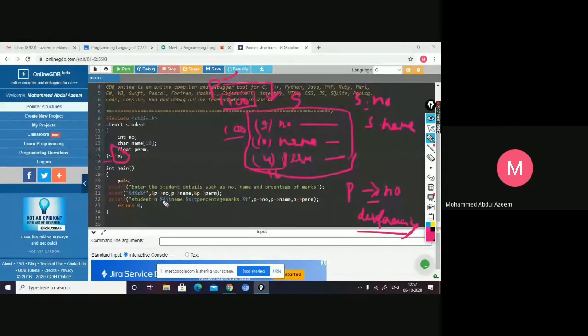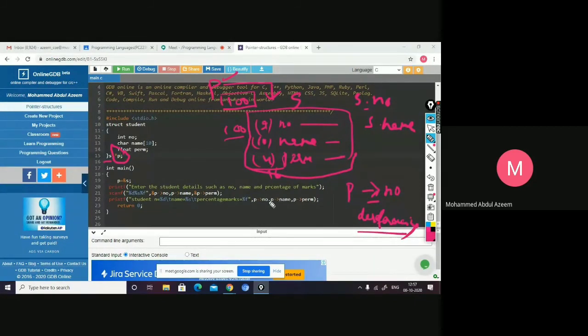Now while printing the same, you just use a printf statement. Print number equal to, in place of this percentage D, after double quote comma, whatever the first variable is will be displayed here. What is the first variable? P arrow number. Whatever value you have read will be displayed here.